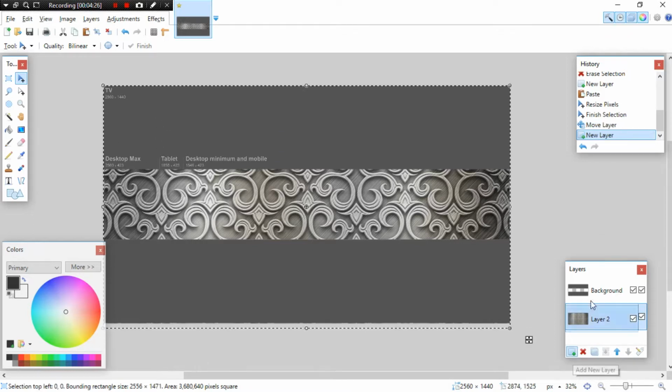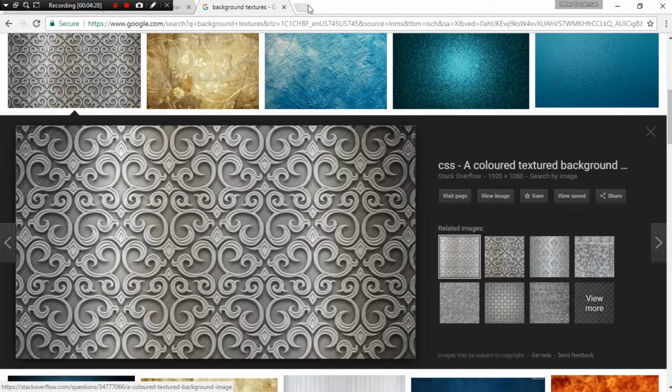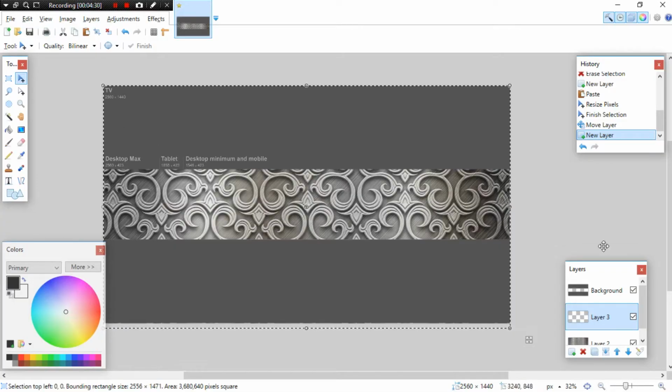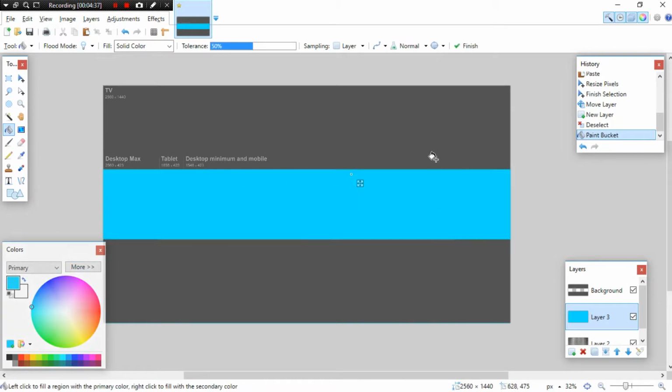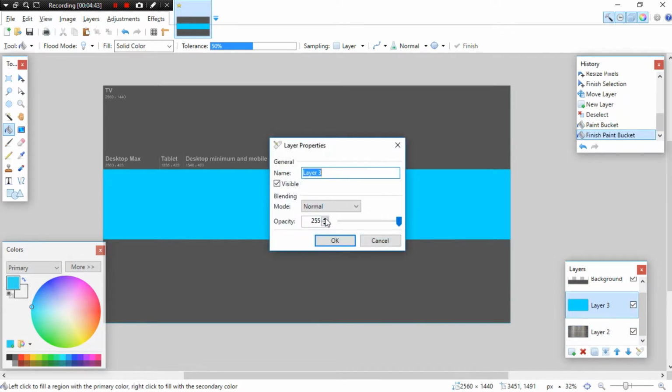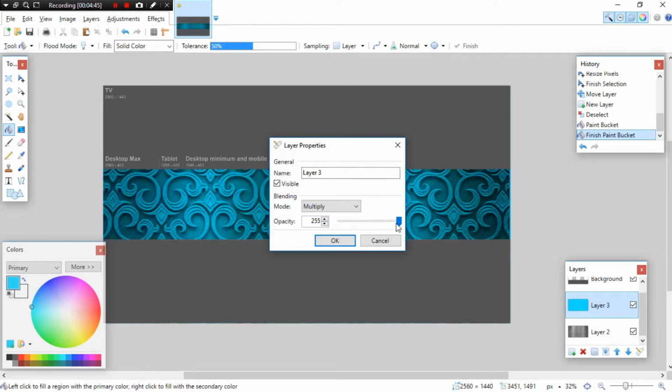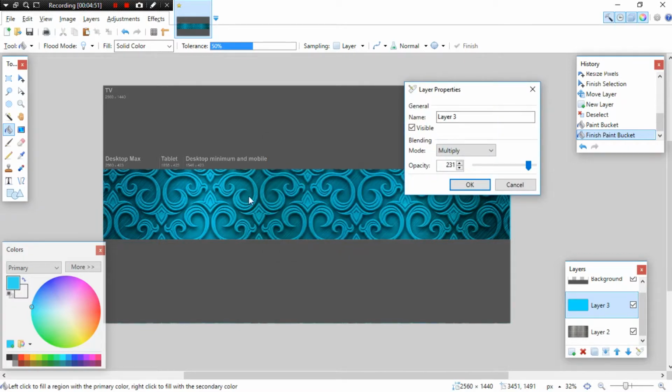Next I'm gonna make a layer that's simply blue. I want to deselect and paint this layer blue because I like blue, like that. Obviously we just covered this layer, so we're gonna double click on this layer, click on multiply and scroll it back as far as you like. I'm gonna keep it right here because that's a nice shade of blue on top of that